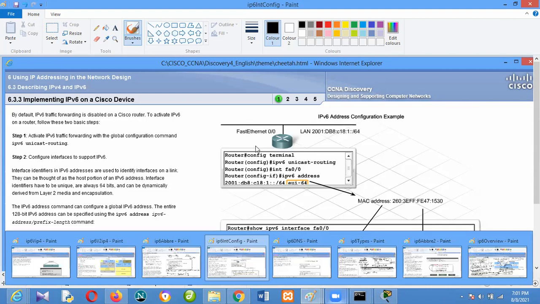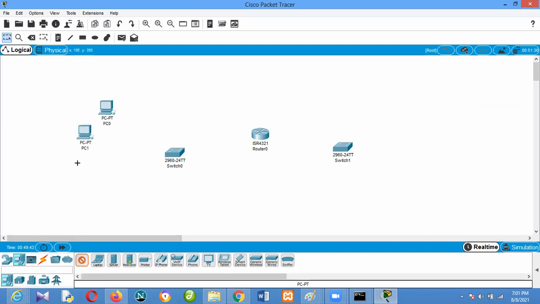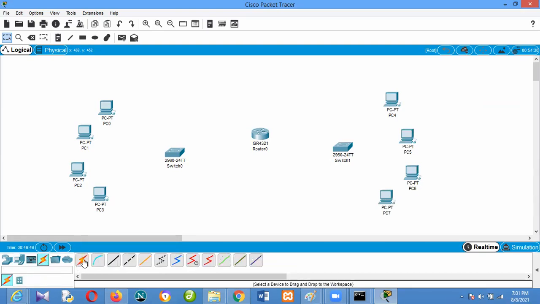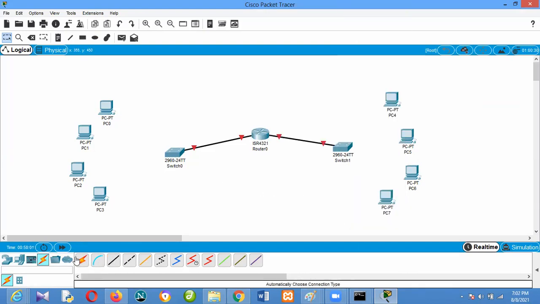So let's just do a small configuration. This is my router, and this is my switch. And these are my hosts. I'm connecting this to the gateway.